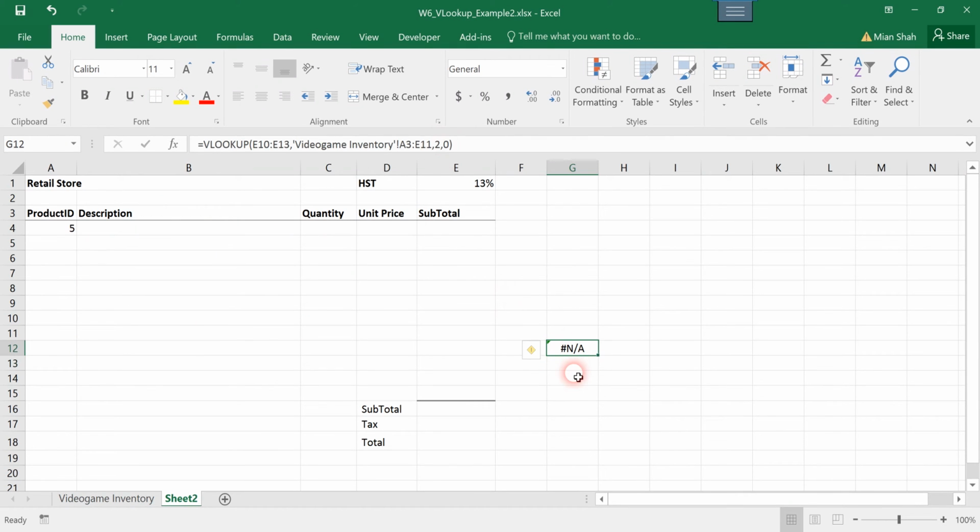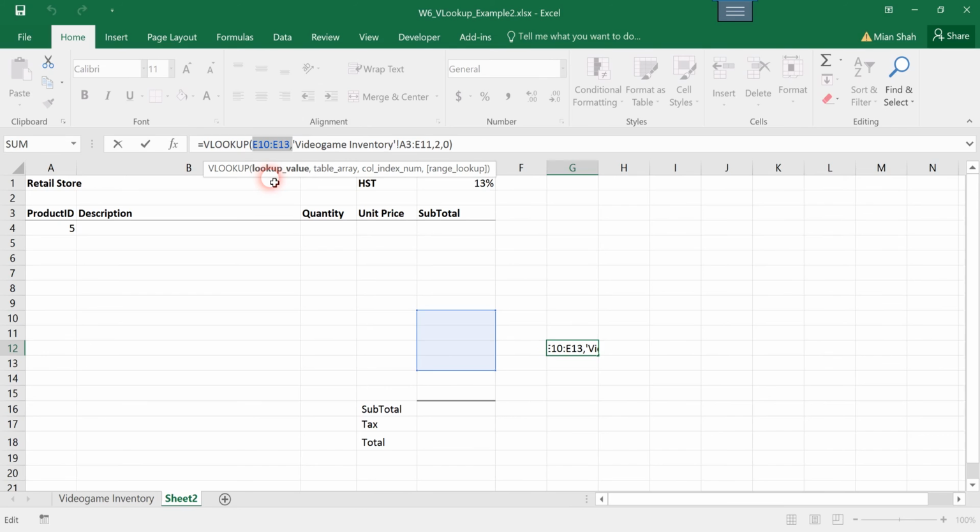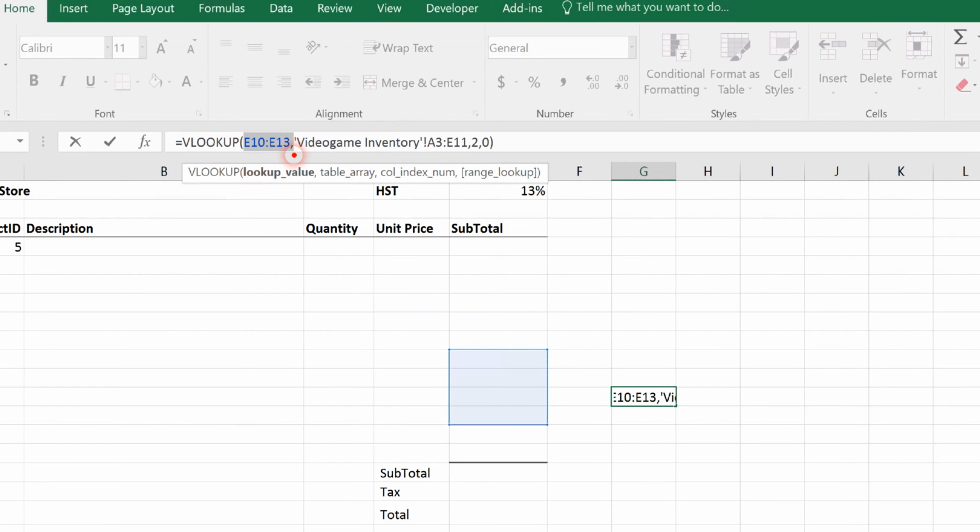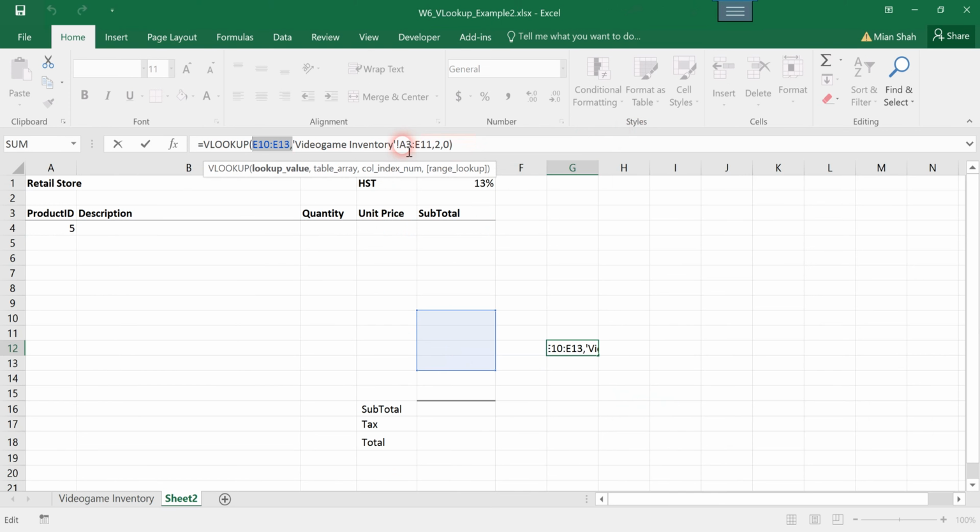Just to show you, of course, NA is not applied because there was nothing there, but it's just for your idea. So what it will do is take the value you are looking for, and when it comes to the target table where it is searching for the value, it would just input the sheet name and then the table range in that sheet. Simple as that. You can of course enter these things manually, but you don't have to. When you click on that sheet, so if I were to remove this and show you once again,